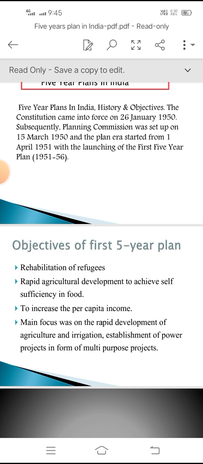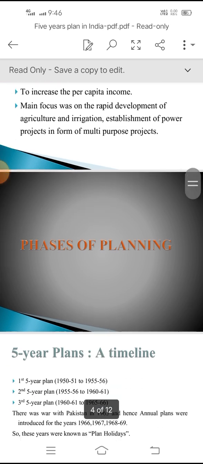In particular, Tamil Nadu is a very important example of utilizing funds to promote all aspects, particularly the development of irrigation facilities, during the time when Kamaraj was the chief minister of Tamil Nadu. He utilized the funds received from the central government to construct more dams and establish power station projects, and multi-purpose projects were also launched under his control.